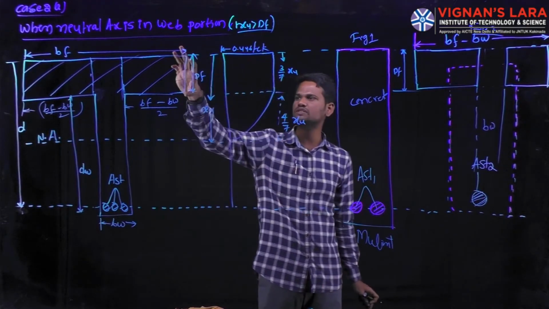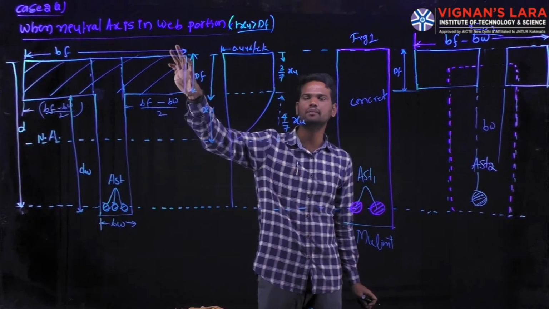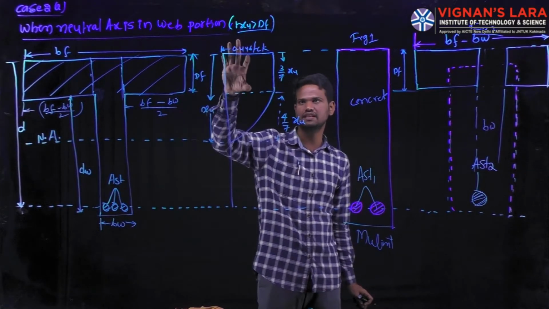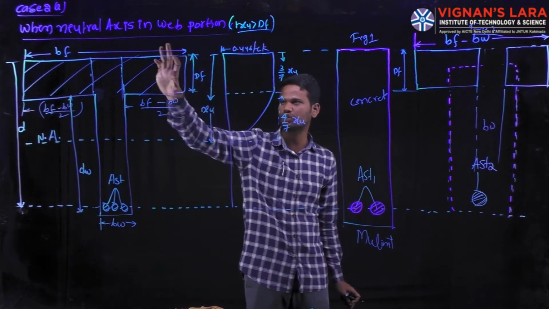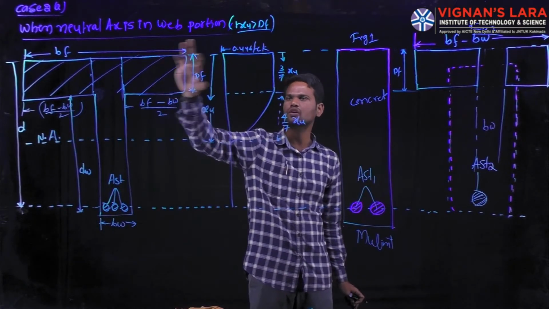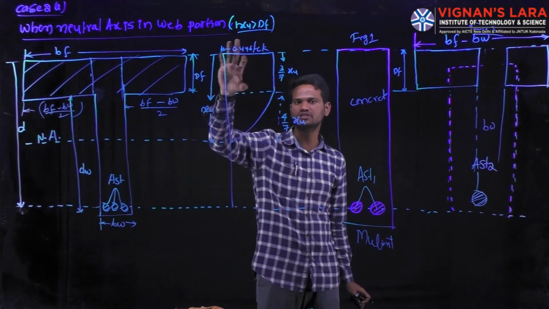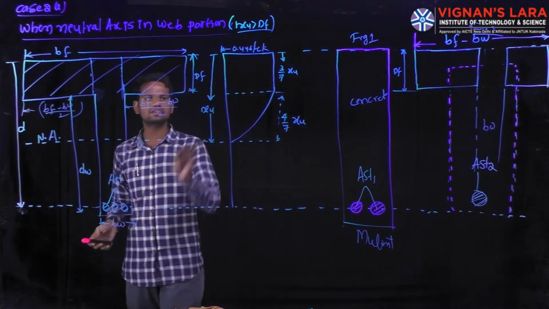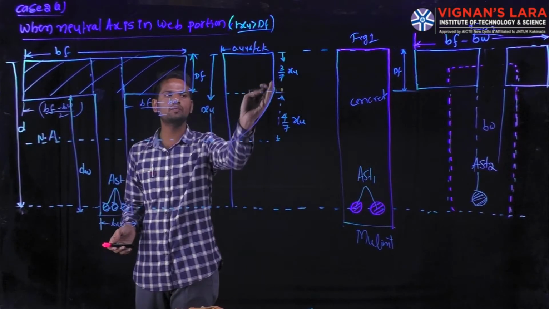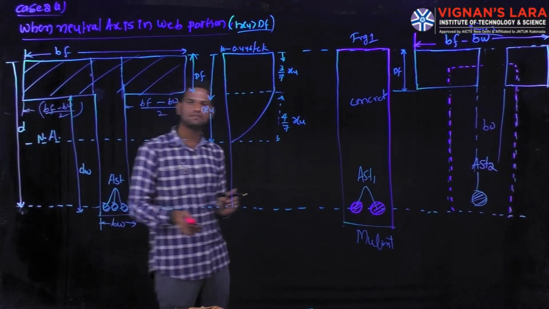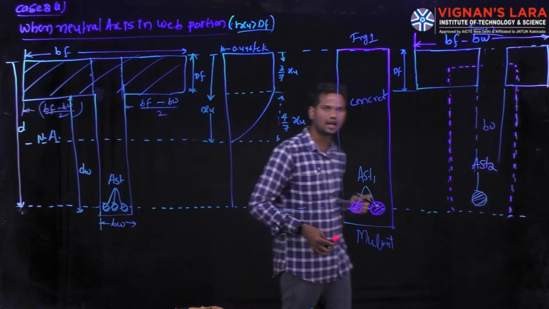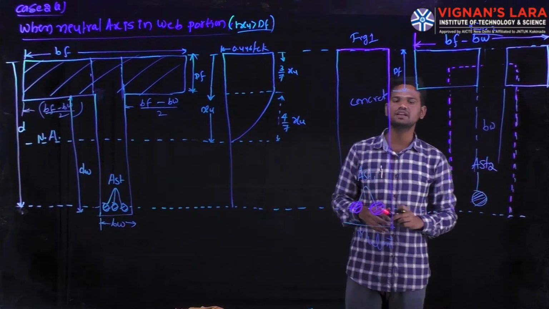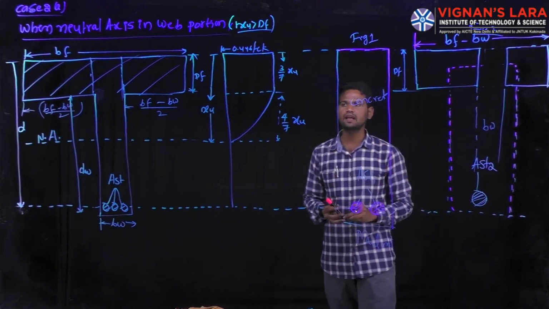Uniformly stressed means for this regular rectangular beam, we have only the rectangular portion stress. That means this much amount of stress only acts in the flange. That means only the rectangular portion is stressed, whereas in the not uniformly stressed condition, some amount of the parabolic portion will also come into the flange, that will give some amount of strain on the beam. For that, we have to calculate the amount of steel reinforcement acting for that particular beam.